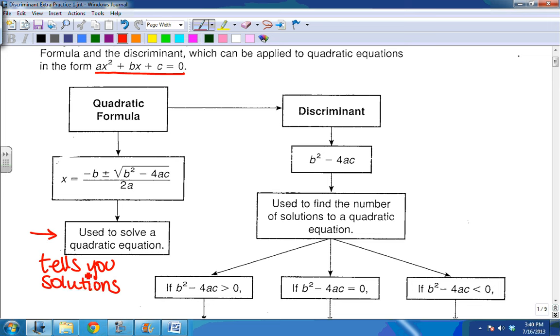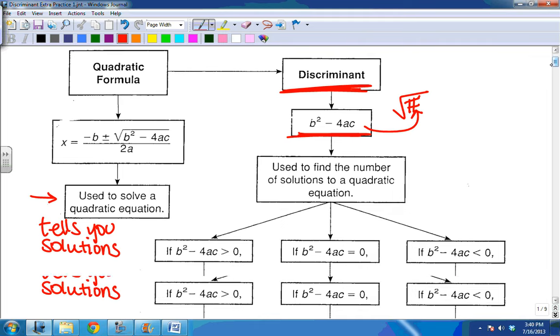Now, part of the quadratic formula is the discriminant. The discriminant is the b squared minus 4ac part. It is under the square root. It's the number under the square root. That's used to find the number of solutions to a quadratic equation. This is when we're not concerned about what they are, we just want to know how many there are and